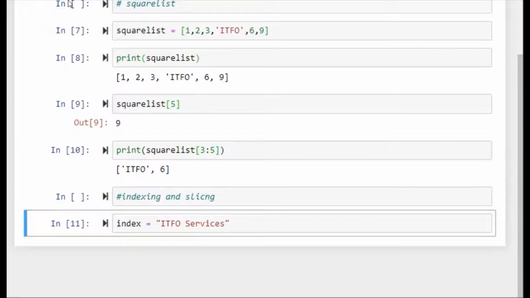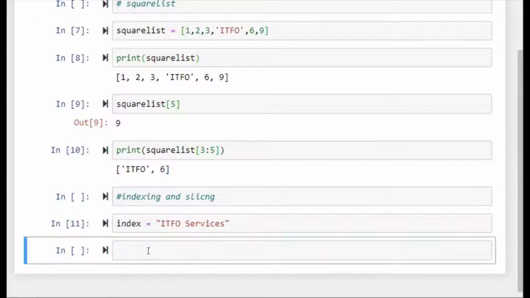If we want the last item, the last element from the index, then what do we do? Print last element of index is.